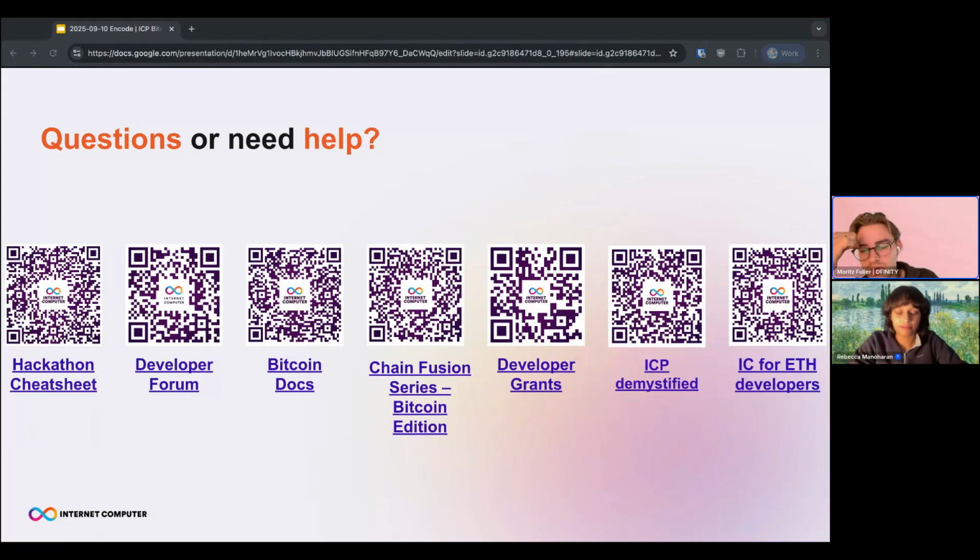So if you create an Ethereum or Bitcoin transaction in a smart contract on the Internet Computer, sign that, and then submit that to your target chain, which would be either Ethereum or Bitcoin, then it would be just a completely normal transaction on that chain. That chain wouldn't know that the transaction was created and signed on the Internet Computer. That would be irrelevant for it. So there the exact same rules apply for any other transaction that gets submitted to either one of those two chains. If you create a transaction for the Internet Computer itself that just targets a smart contract or a canister running on the IC, then